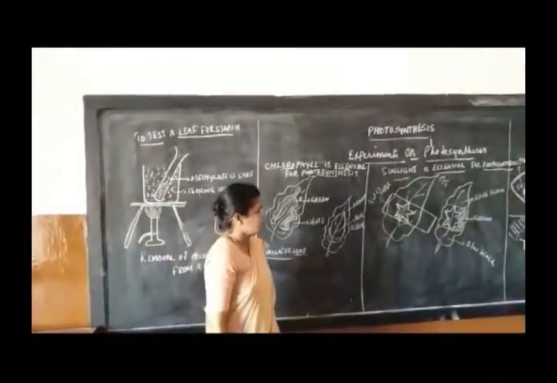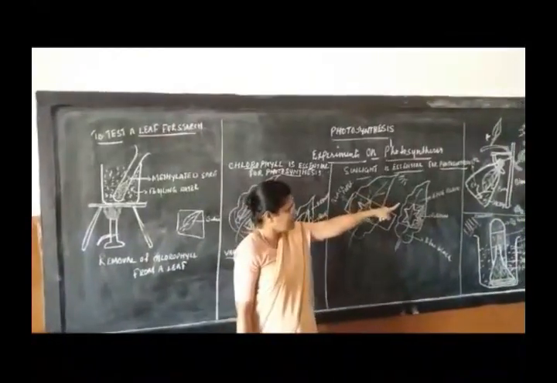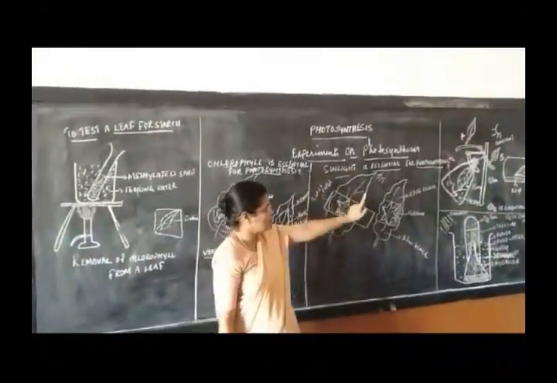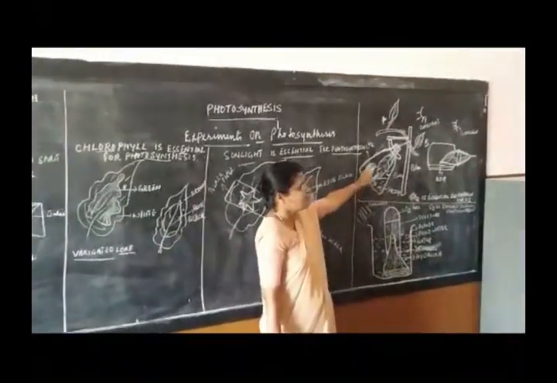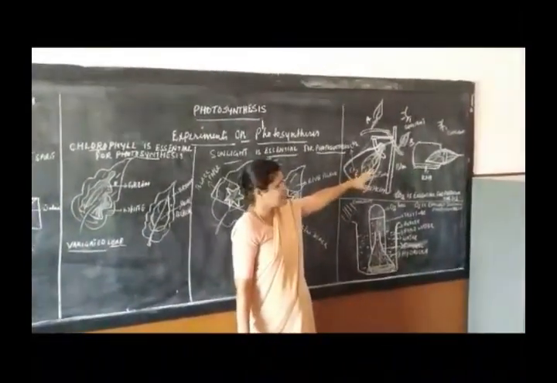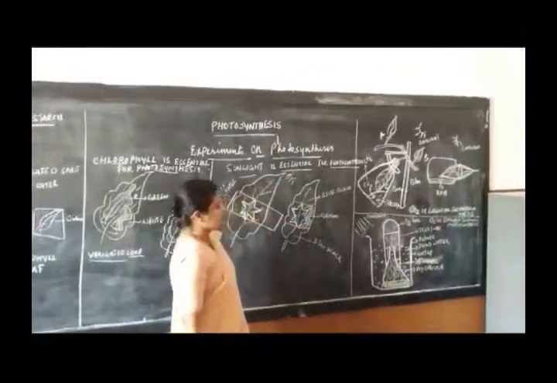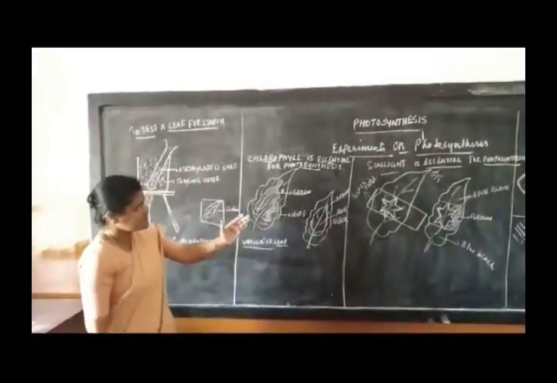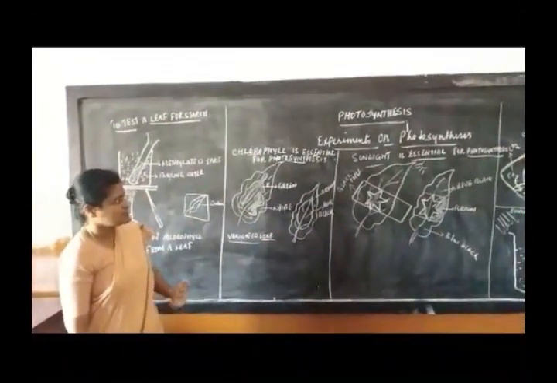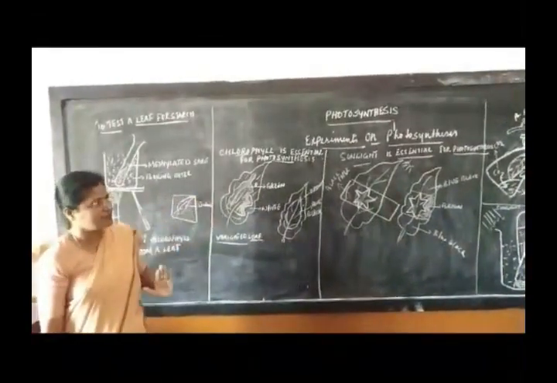In the case of sunlight, you cover the leaf with black paper. Then you have carbon dioxide is essential. There you use potassium hydroxide to absorb carbon dioxide, so the leaf does not get carbon dioxide, but takes all other raw materials. Then you have the 4th experiment, that oxygen is involved during photosynthesis.